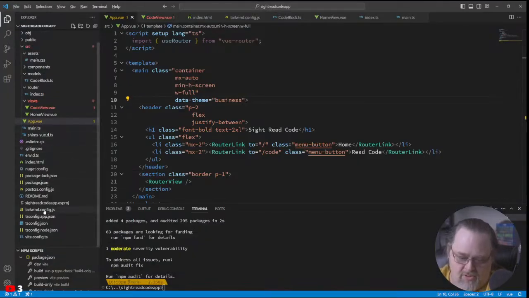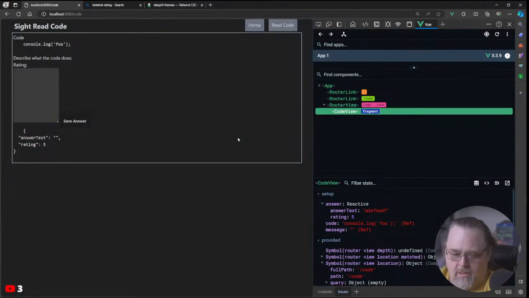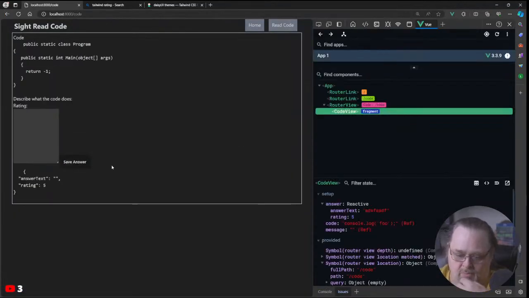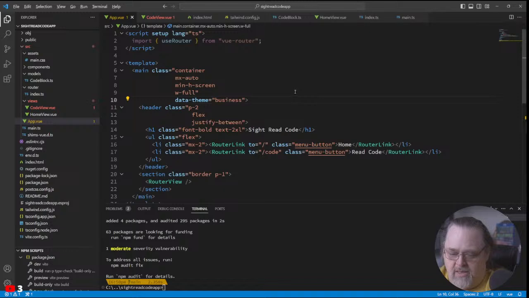So where are you, tailwind? Well, that looks more like what we thought. There's our code. Notice that some of the things are not working in the way we want, but let's go ahead and